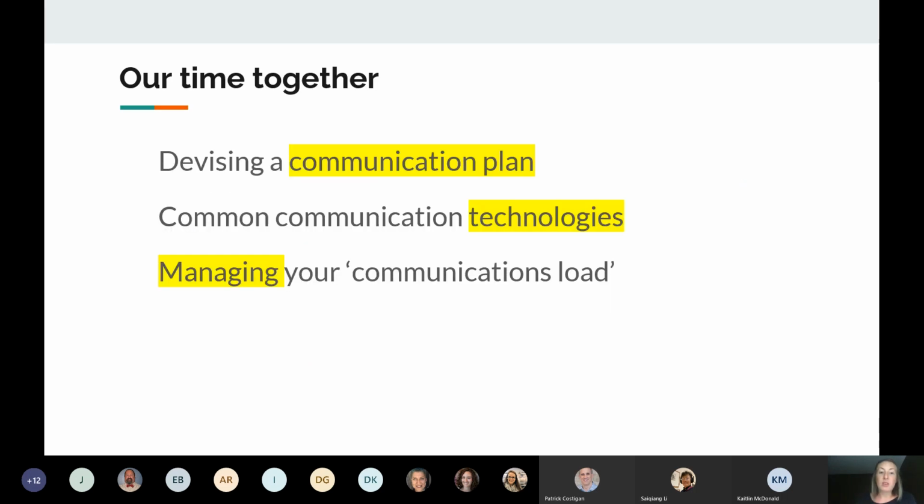And so what we're going to talk about today is really centered around devising a communication plan. So the template that I've shared is actually a resource that you can use in building your communication plan, because what we're proposing in this session is that if you can come up with a plan, if you can articulate specific elements of your expectations around communication, so specifically for a course, you might develop a communication plan for every